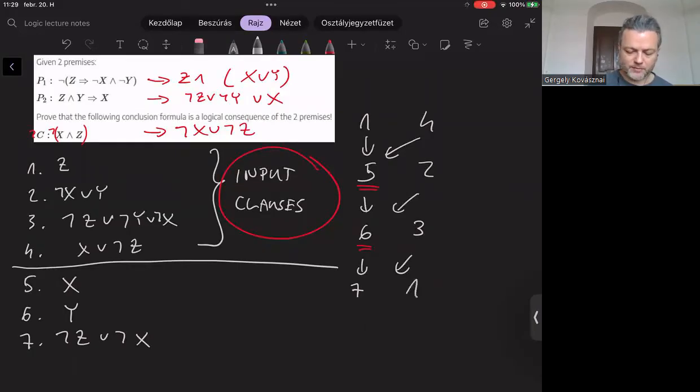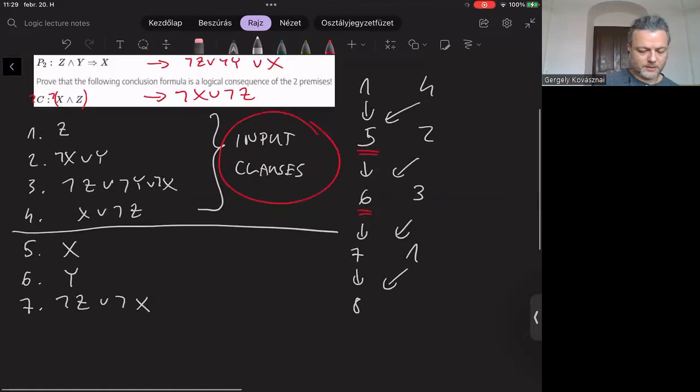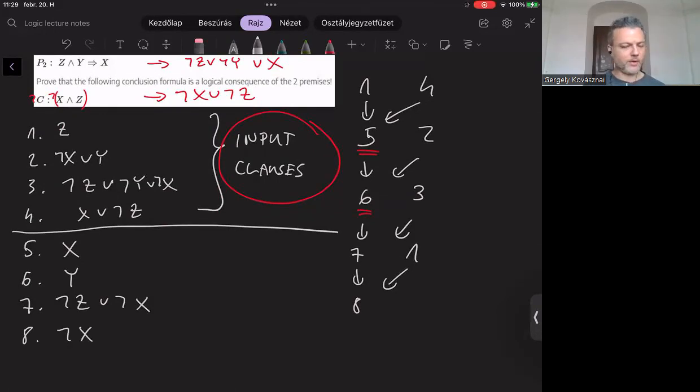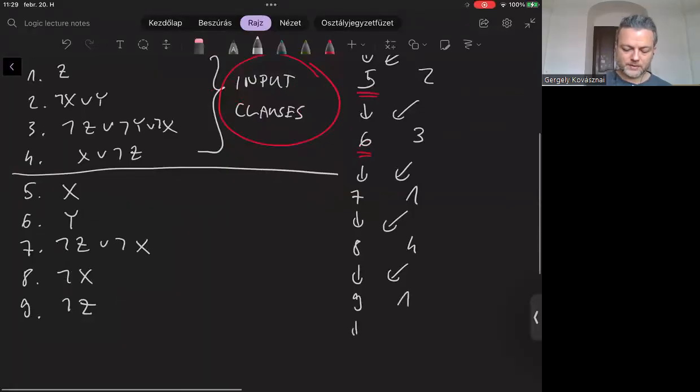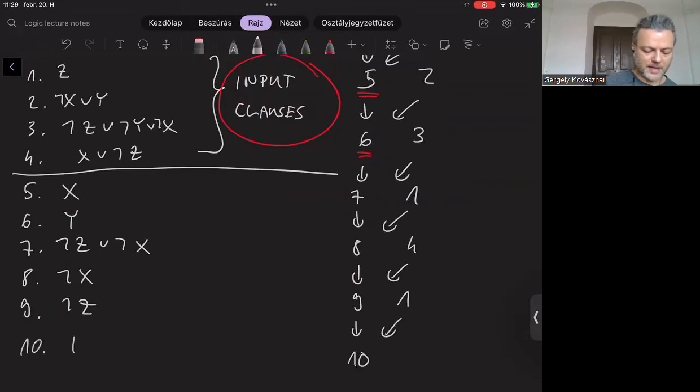So which input clause can we choose in this case? Yeah, we can choose clause number 1, and the resolvent in this case is not X. Again, it's so tempting to choose clause number 5 as an input clause, but we must not. Therefore, the only side clause we can choose is clause number 4. The resolvent is not Z. And finally, we can choose clause number 1 as a side clause and generate the empty clause.